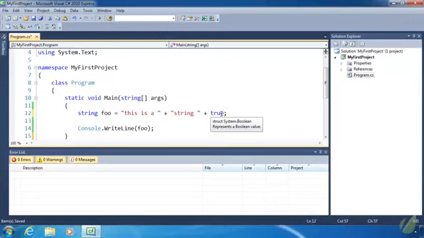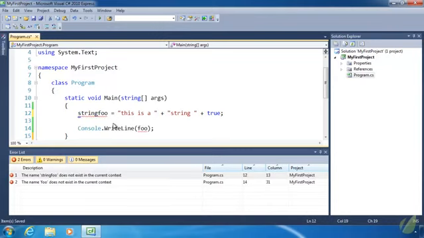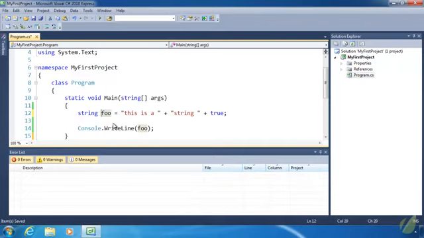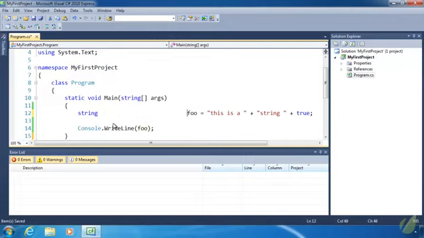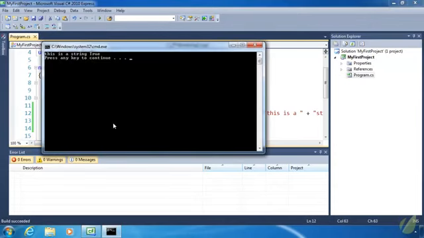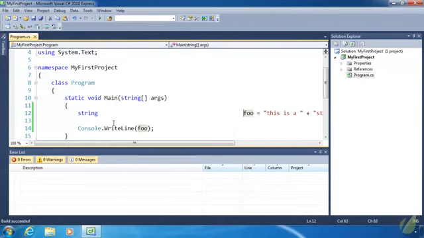Well, there are some places where it definitely does care, like between string and foo. If we don't have a space between those two, then it's not going to know what string foo is. But with that space there, the compiler knows we have a string variable called foo. But if we add multiple spaces between string and foo, this is going to work. This is perfectly valid code because it's going to take all of those spaces and cut it down to one